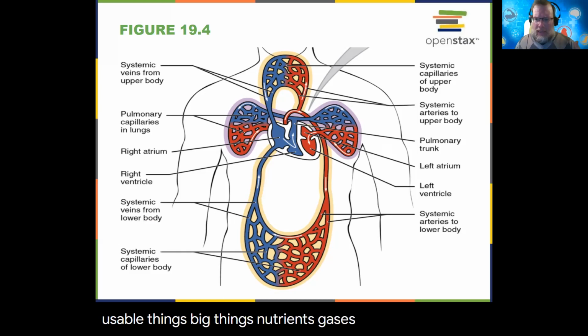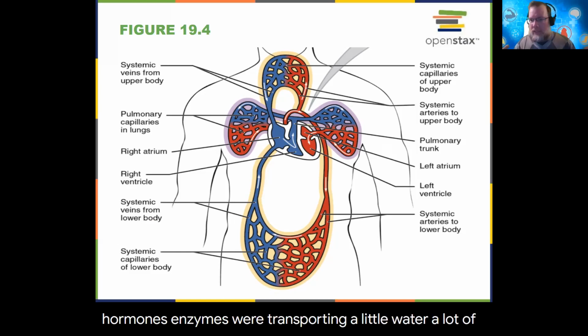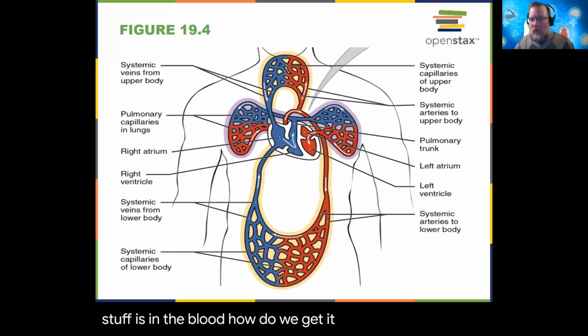gases, chemistry, right? Hormones, enzymes. We're transporting water. A lot of stuff is in the blood. How do we get it out of the blood? Capillary networks. The capillaries are the only place where we can get things out of the bloodstream. So this is where we find the tissue level,